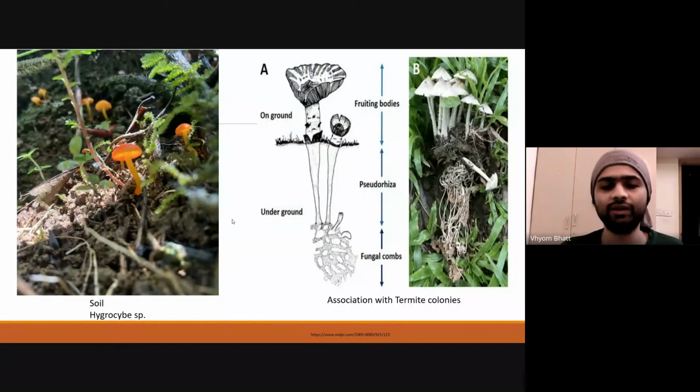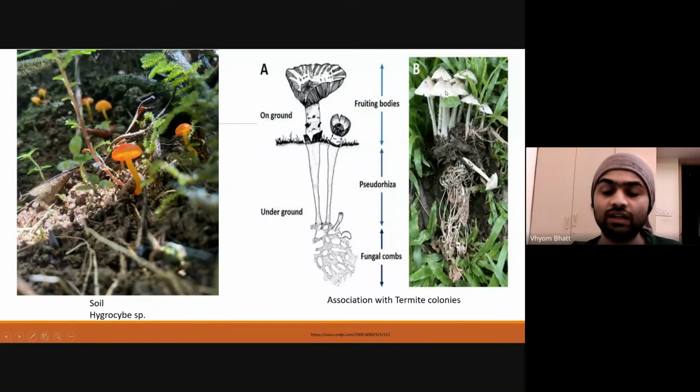If you see a hygrocybe in soil, you will be very sure it's a hygrocybe because of the striking colors it has. It has its own beauty. As in this picture, also you can see it looks like there are some angels, in just soil. So they are very beautiful. Then another substrate association is